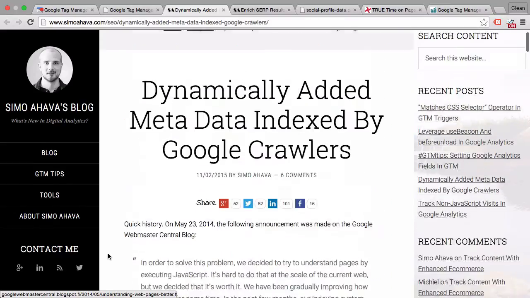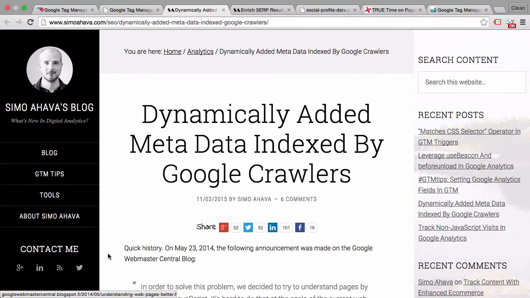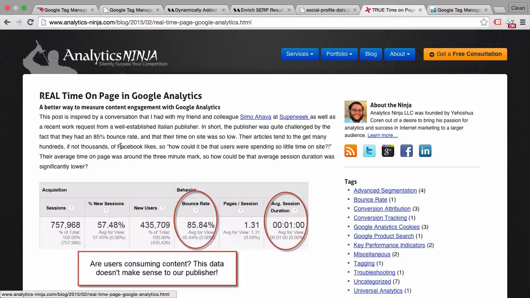So this is really a nice addition for anybody who's doing SEO out there and doesn't have direct access to the website to deploy meta tags. And if you know the capabilities of GTM, you can also use variables to make this much more dynamic than maybe before. Then another great blog post came from Yehoshua Koren, and he talks about how to install